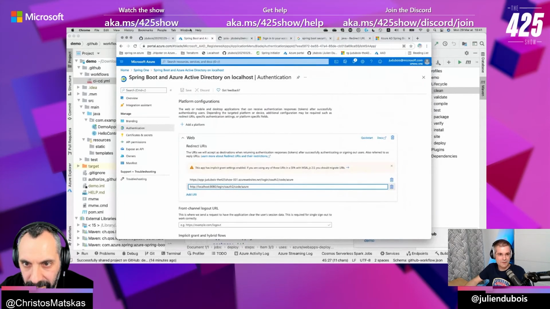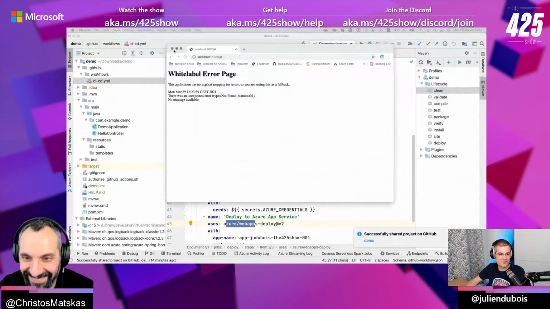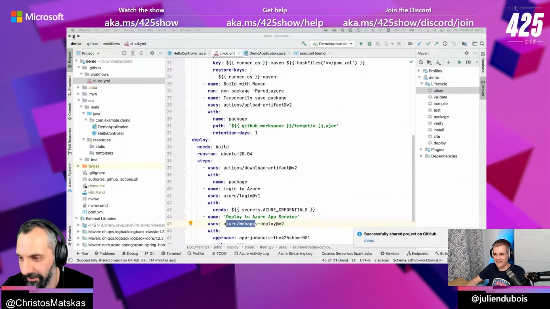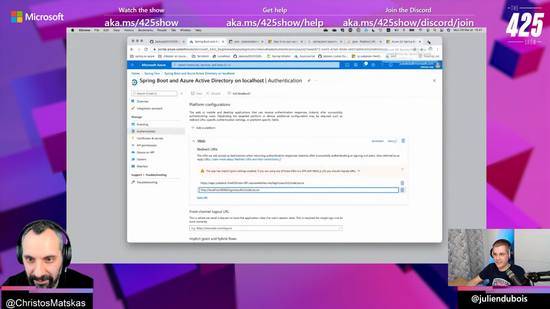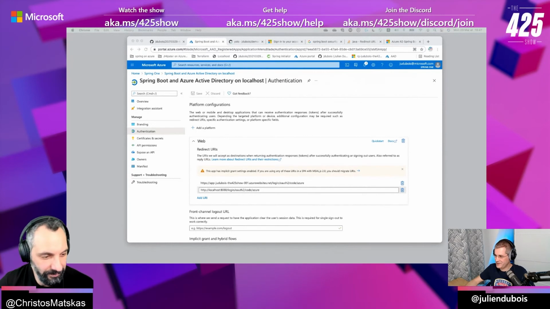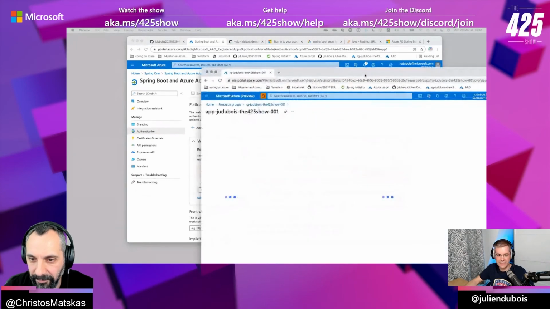Where's my app? Should have it somewhere. That's Azure Active Directory. I've got so many things open, so let me close a few of them now. Sure, go ahead. Close the things. Sorry again, I keep getting forwarded to the main Azure portal. I bookmarked everything, but they still want me to come back to the Azure portal. Here it is, the app.